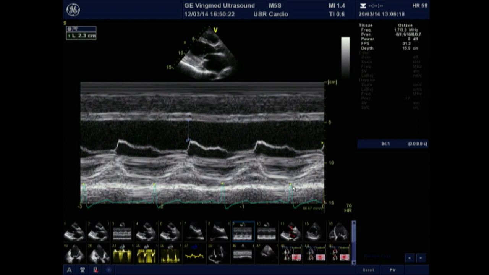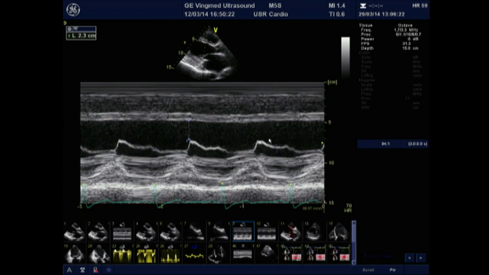Now we change to an M mode at the level of the mitral valve. We confirm the distance from the E point to the septum is increased. It's 23. The normal value is up to 7 millimeters. And now